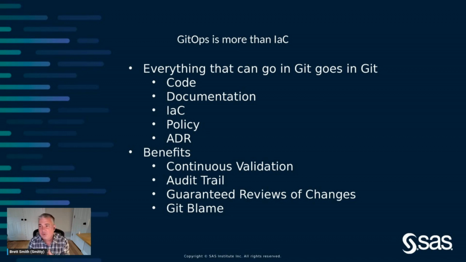Say I want to require 2 reviews on a pull request in order for it to be merged into main. Well, then I'm guaranteed that I've had 2 reviewers of the documentation change, and I know who the 2 reviewers were by the Git history, and I know who the original author was because of the Git history, and they can't get it in until we go through our CI, right? And so now I've got CI running against my documentation. I've got 2 reviewers, and I've got a Git blame trail to tell me who did the change and why we made the change.